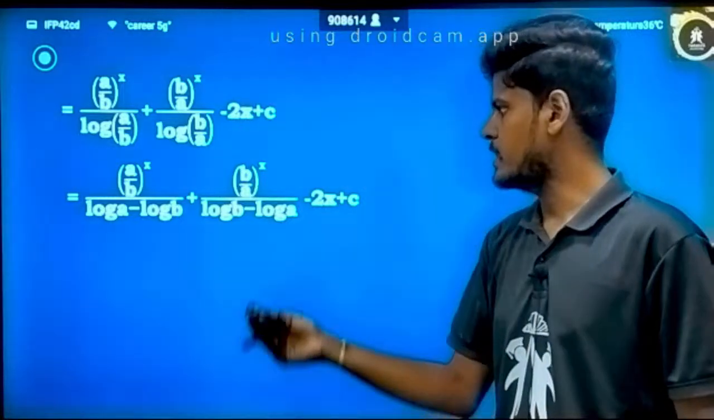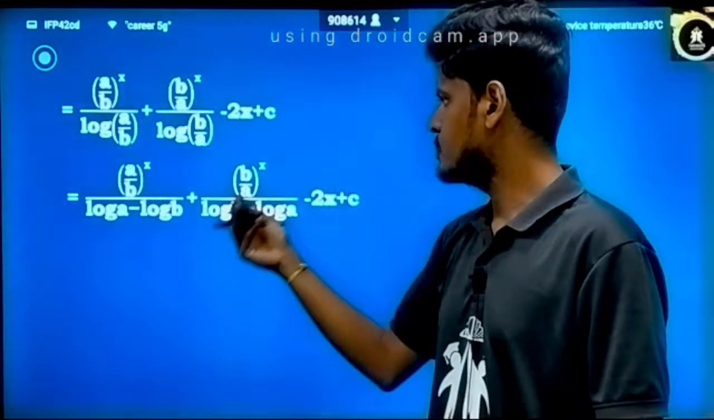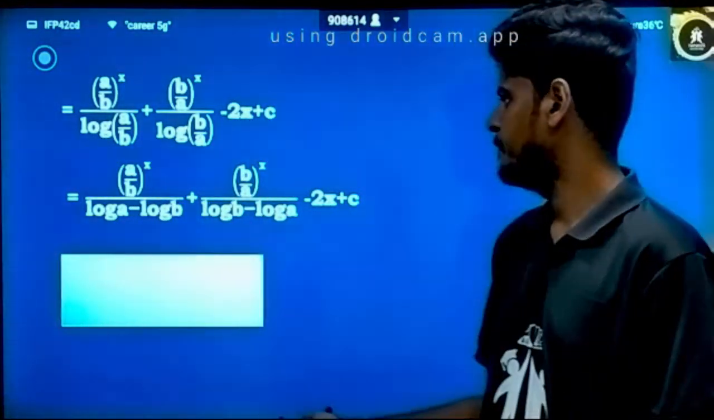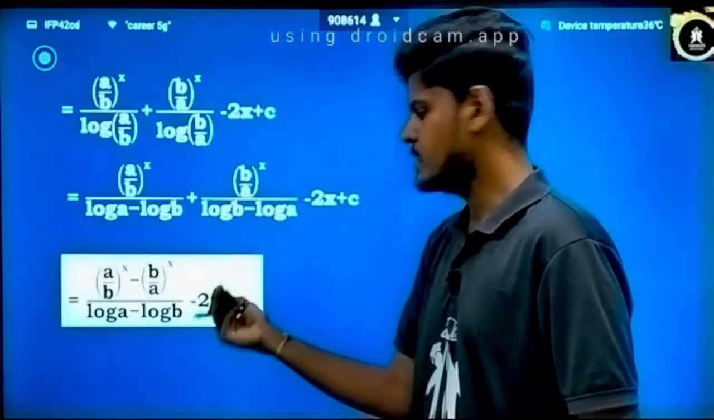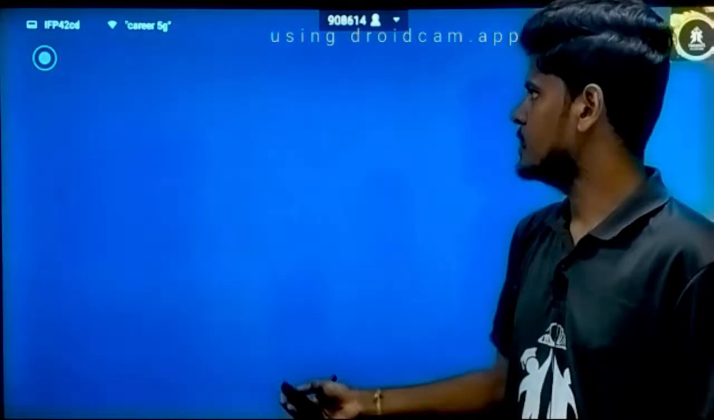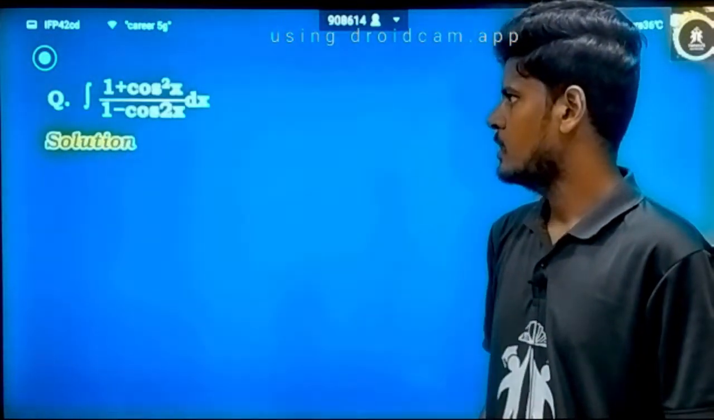Then we can change the sign here. The denominator will be the same, so we can add the numerators. The final answer is this one. Clear now? Easy questions. Next is